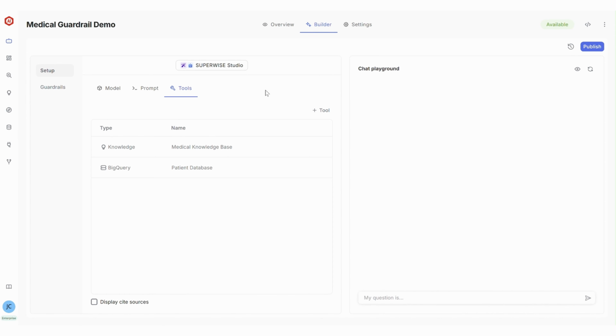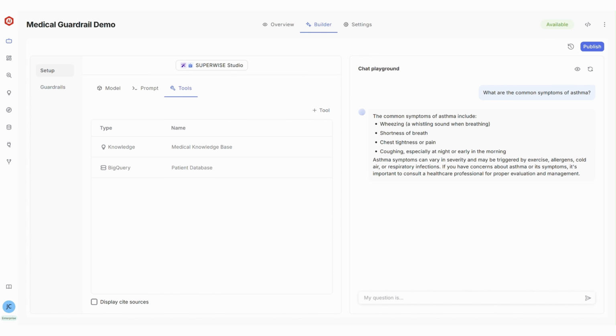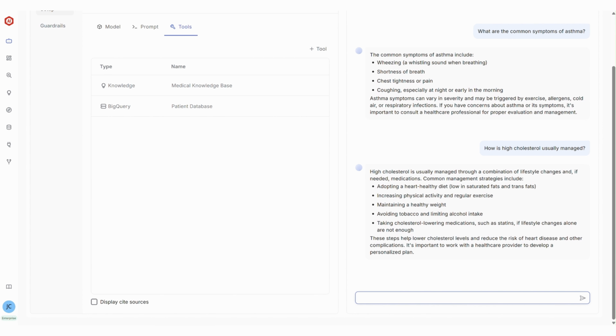We can showcase our agent in the chat playground. We can test how it responds to different requests, questions, inputs, etc. Let's ask it some pretty general, safe questions at first. For example, what are the common symptoms of asthma? In this case, it will be connecting to our medical knowledge base as a source of knowledge. And there it gives its response with some basic information regarding asthma. We can also ask it, how is cholesterol usually managed? Again, it's using our medical knowledge base to answer the question, and it is not diagnosing, but simply giving